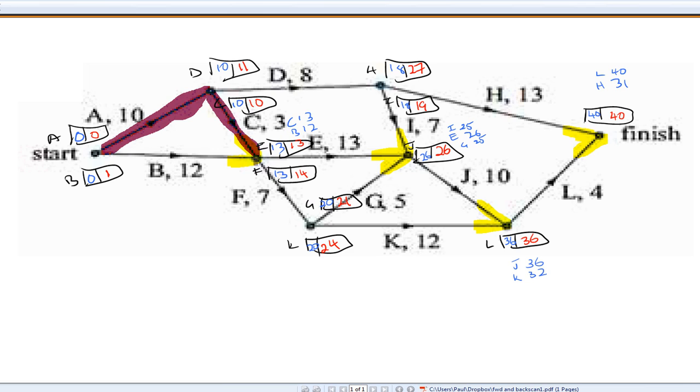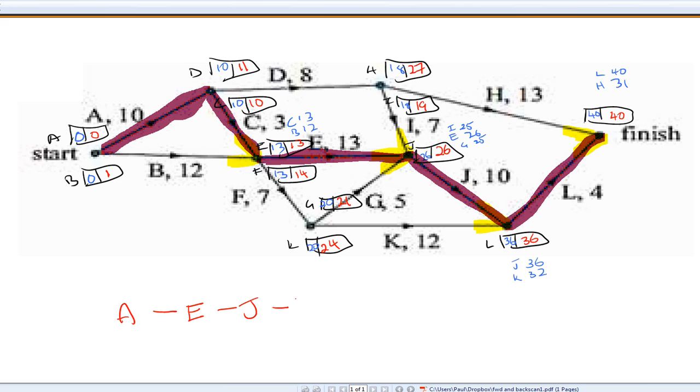E also is that situation, 13 and 13, so let's highlight E. J is also one of those situations, 26 and 26. And notice what's happening here. It's identifying the longest path through the project. And finally, L is one of those situations. And there it is. So, our critical path is A, C, E, J, and L. And what should happen is if I add those numbers together, or the task duration of those